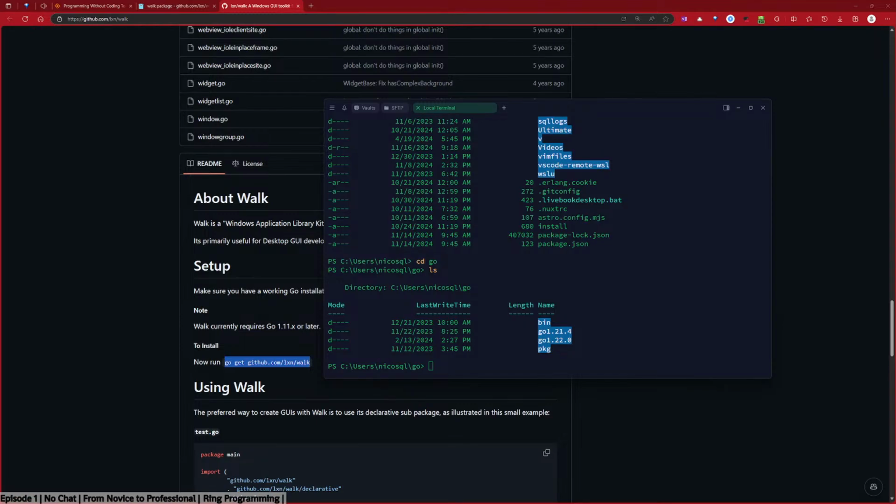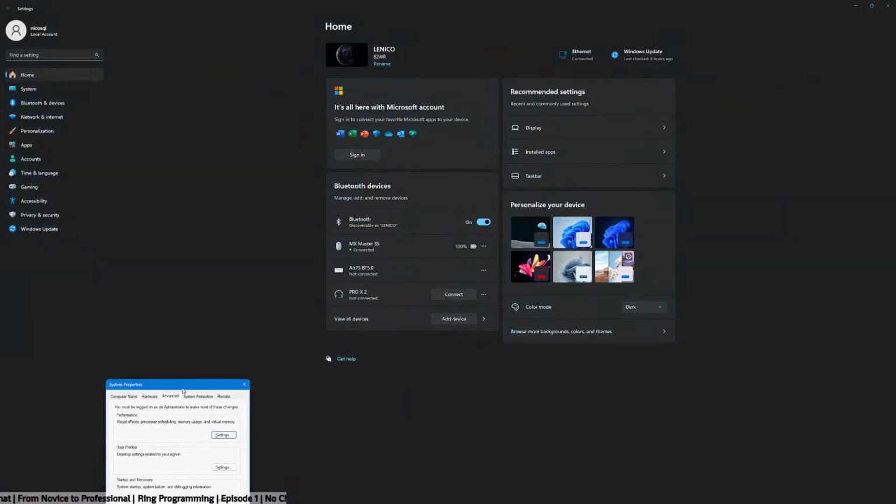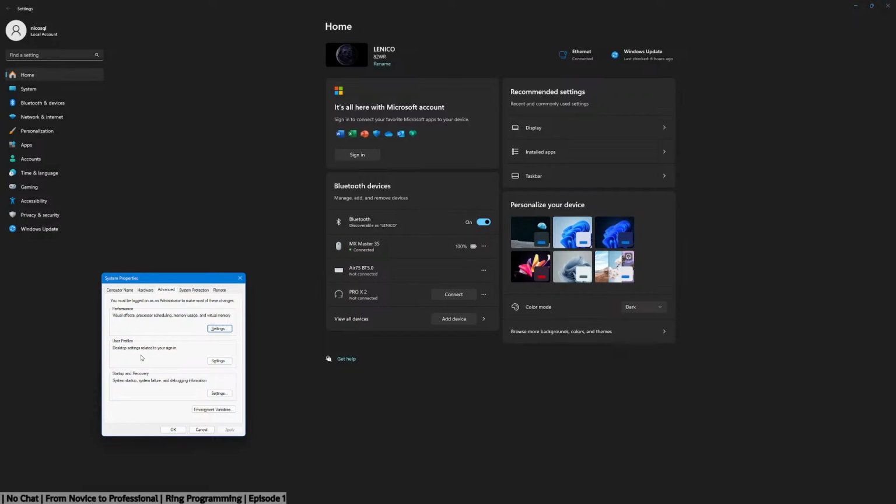Settings. I forget what they call it. Yeah, there it is. Gross. User profile. Oh no, it's environment variables. Damn it.